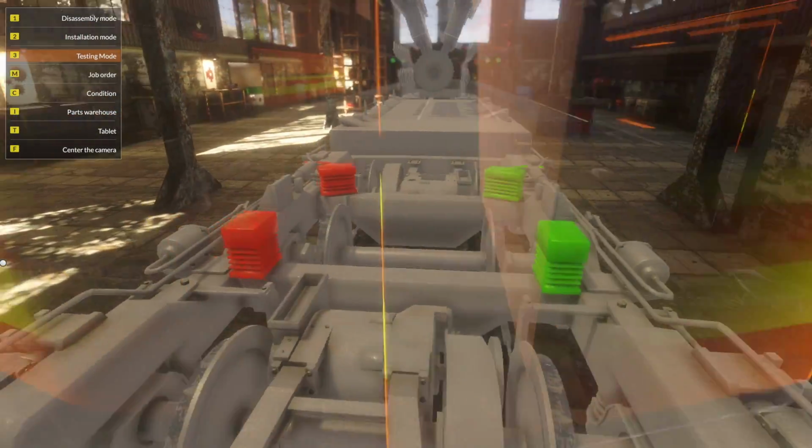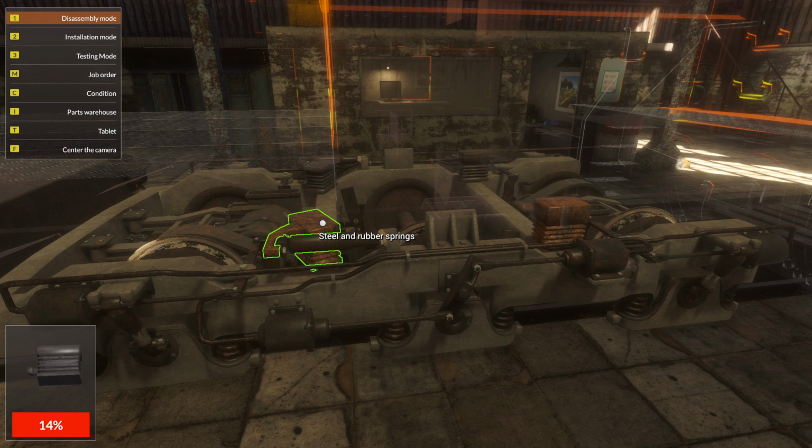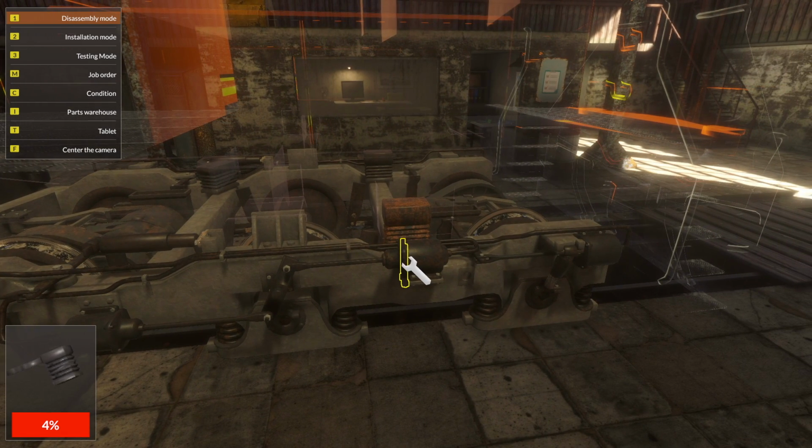So we're going to go over here, and we're going to disassemble. So we'll get the 1. Click on that, and we've got to take a few screws off here. Just very similar to Car Mechanic. Graphics seem to be very smooth. And then we take this one off. So then we've got our...